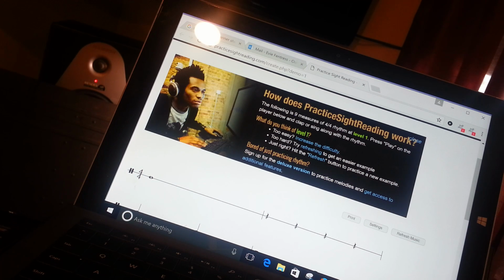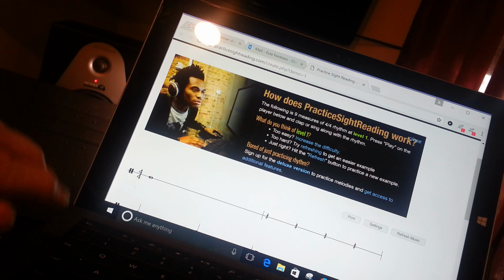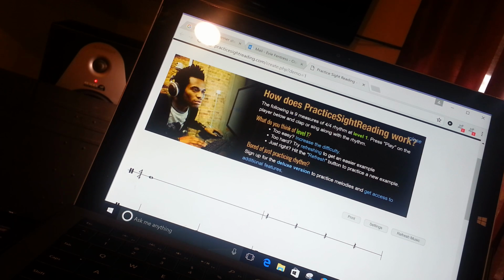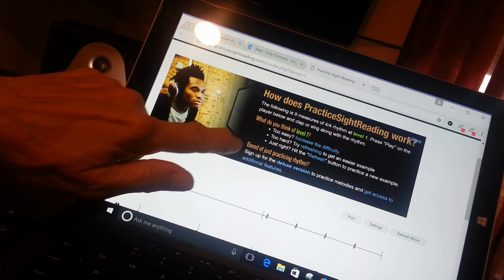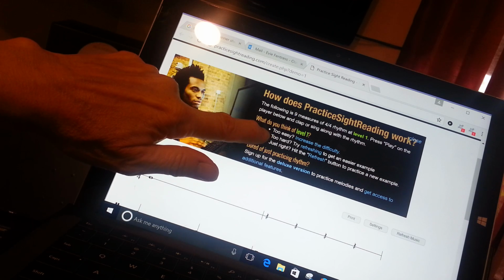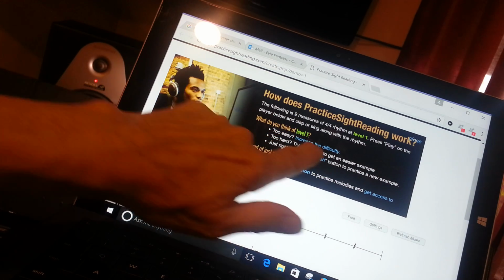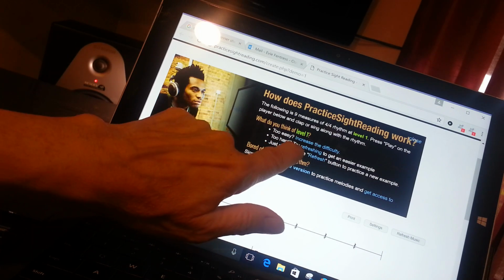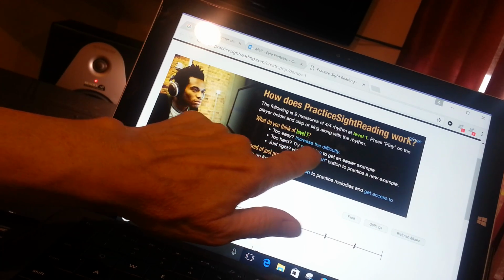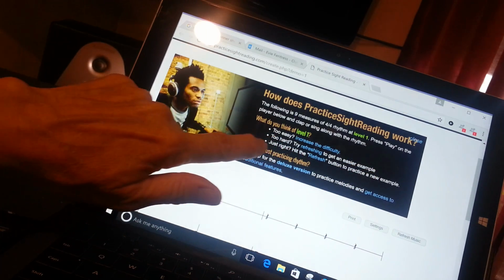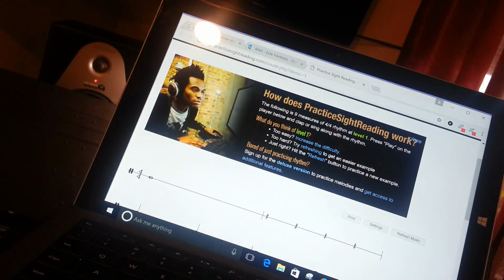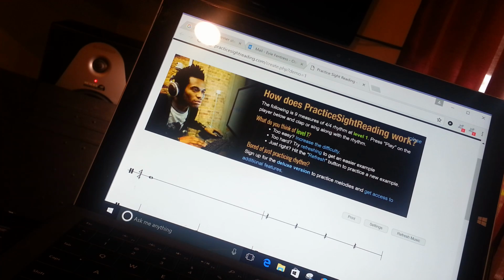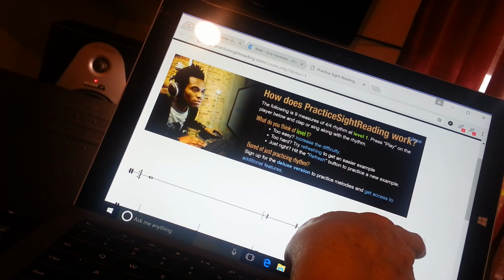We're still on the practicesightreading.com site, and I want to show you how to use the page so that you'll do this at home on your internet. It asks if the piece of music you played was too easy, then you could press here, increase the difficulty, or too hard, try refreshing the page to get an easier example. Or if it was just right, hit the refresh button. So I think it was just right, so I'm going to actually hit refresh the music here,